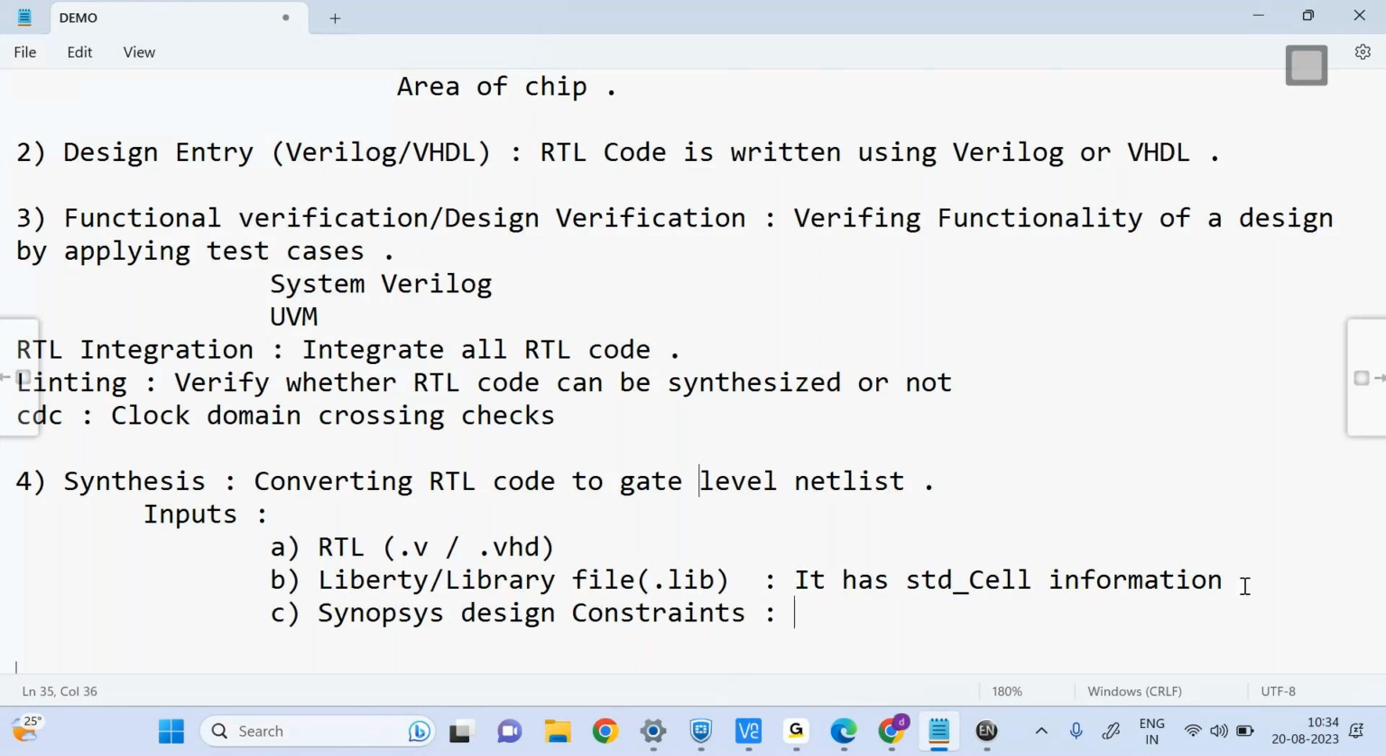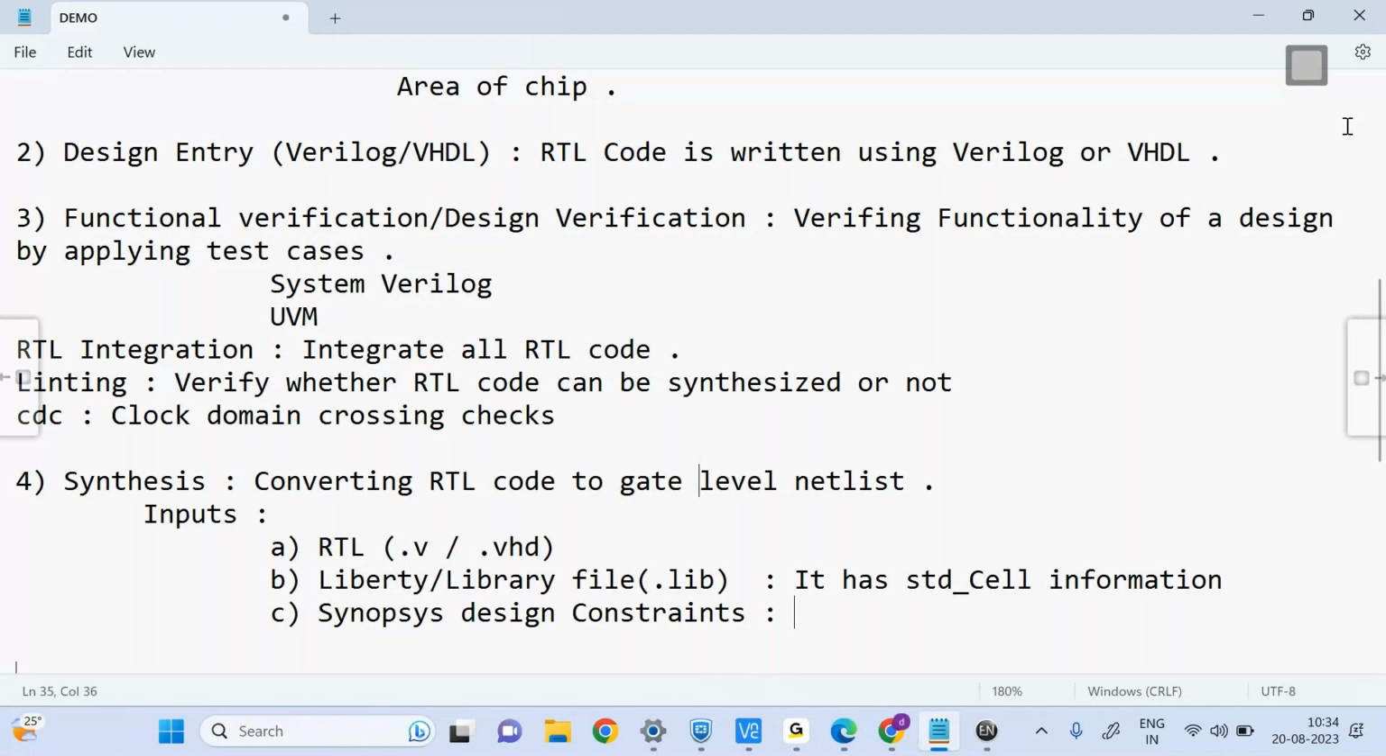See, why do we need constraints? Doing synthesis is very easy if you don't have constraints, but with constraints, it's very difficult, right? So what do constraints mean? We will study in depth in future classes. But briefly, to understand,